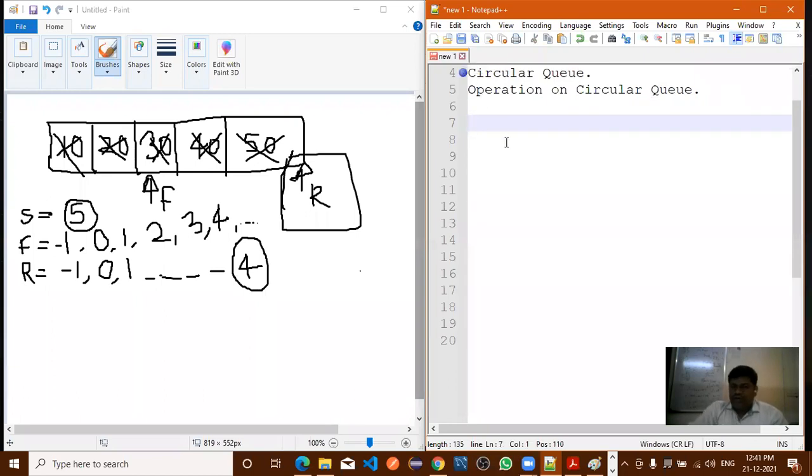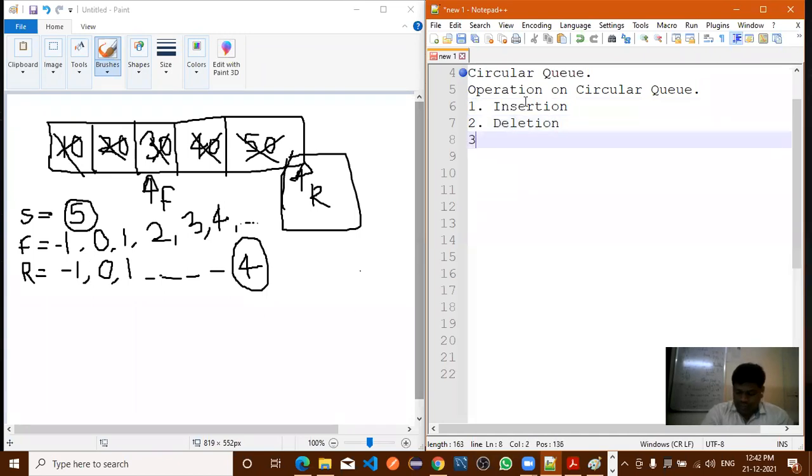Now, operations on a circular queue. The same operations we perform on a linear queue, we perform on a circular queue. The first operation is insertion, the second one is deletion, and the third one is displaying all the elements. Insertion and deletion are sometimes also called enqueue and dequeue.